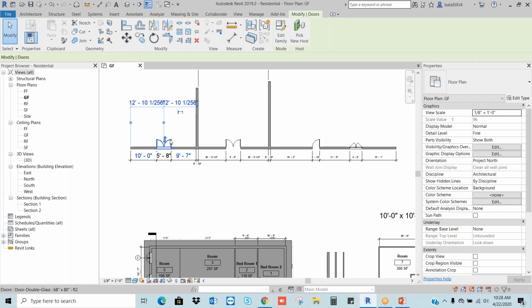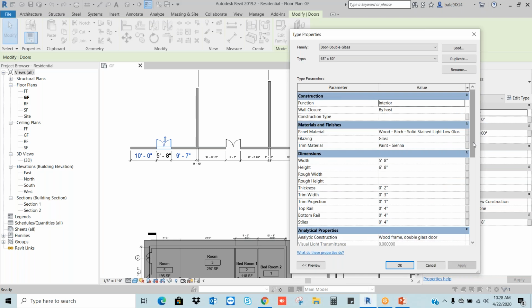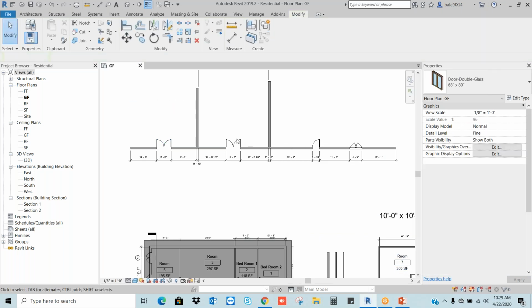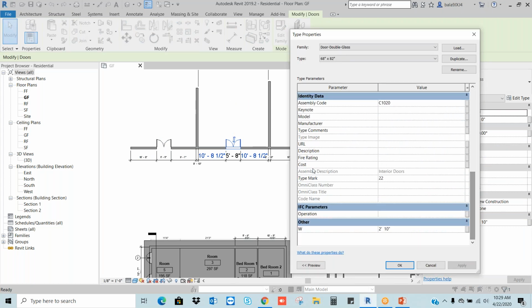Let's say for example I want to make this type a D1. I will go to the type mark. We will make it D1. Let's say I will go to this door, edit type, and make the mark D2.